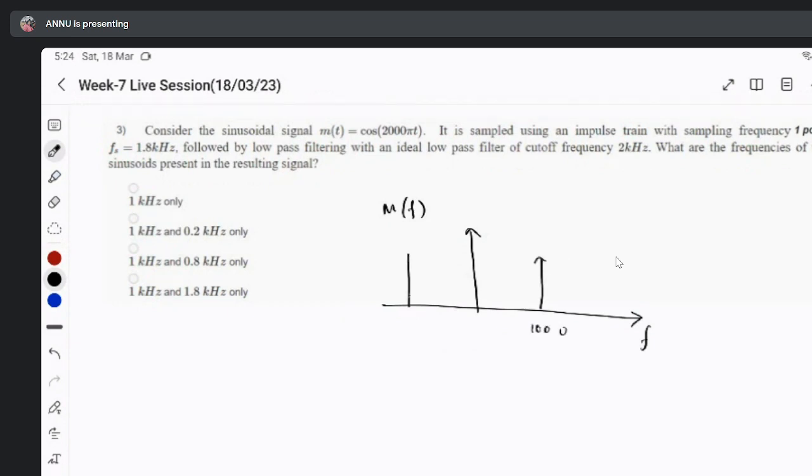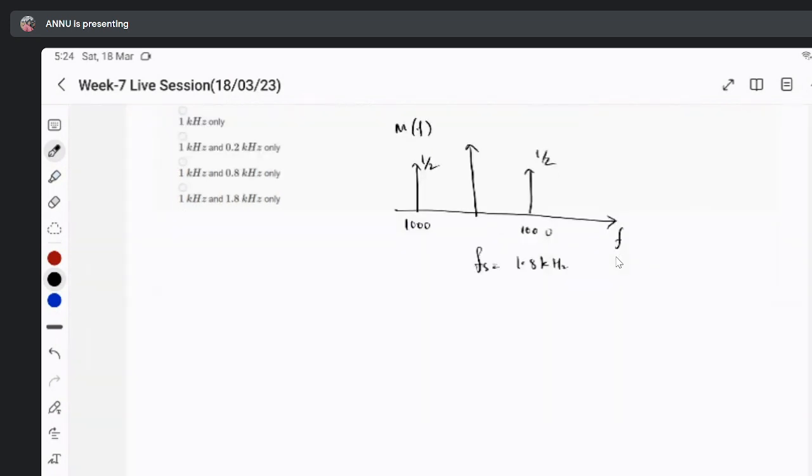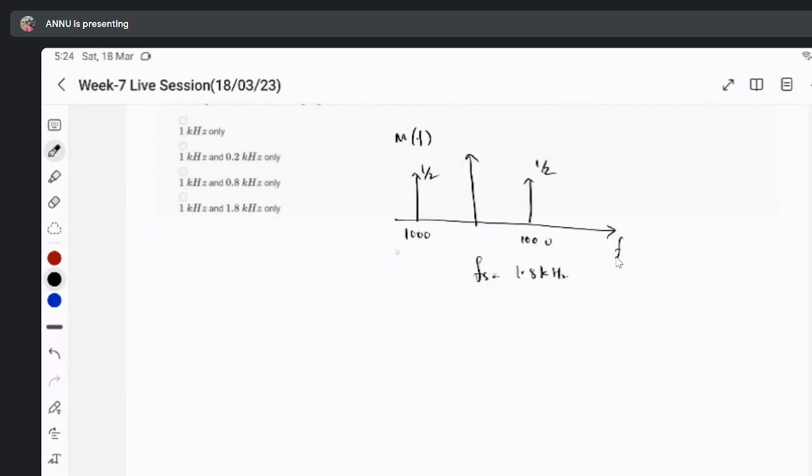this filter has a cutoff. That means it allows all the frequencies up to 2 kilohertz. I am interpreting my understanding. So this filter should cut off beyond 2. Sorry, beyond 1.8. That means